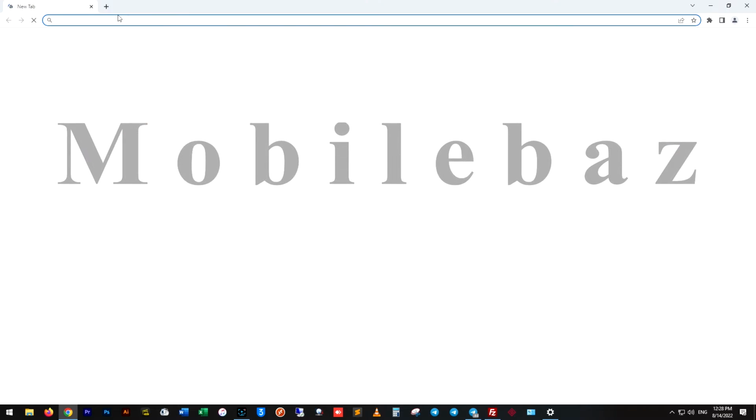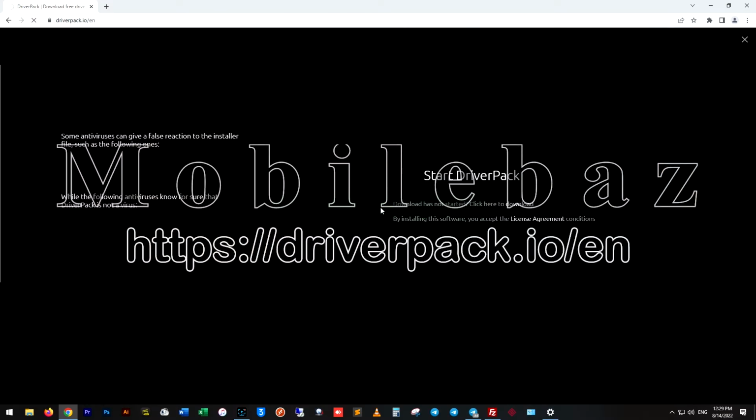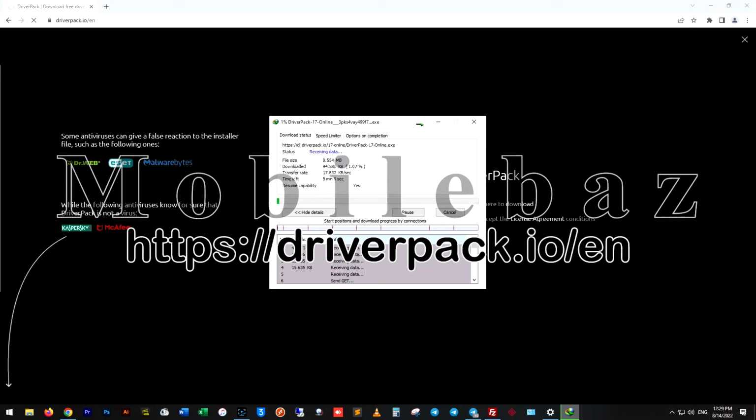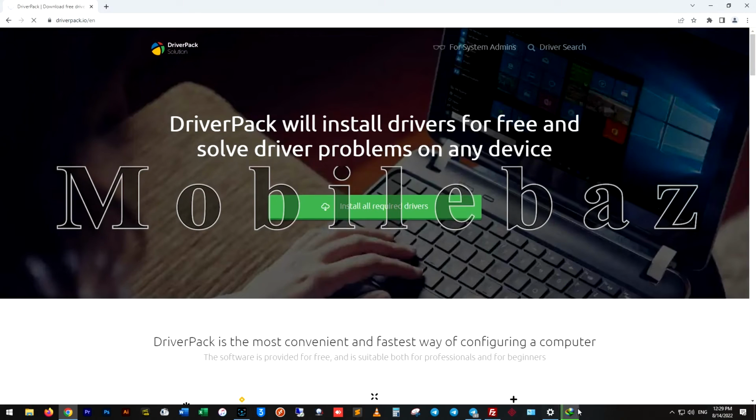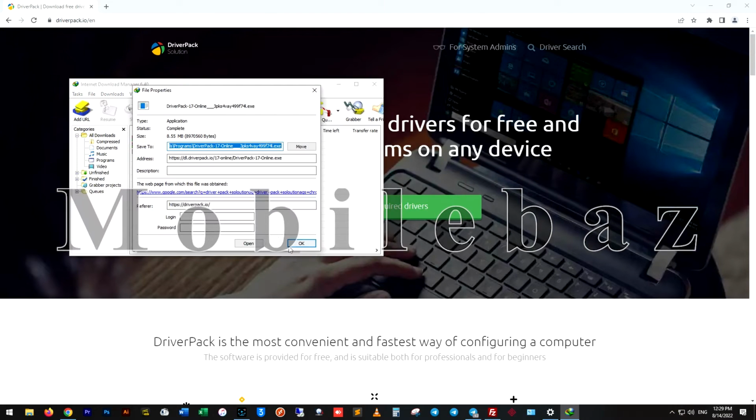If you are using an old version of Windows or you couldn't update that driver from your Windows Update, you can use the DriverPack Solution website. In this method, you should download the installer from the official website. After the installation is complete,